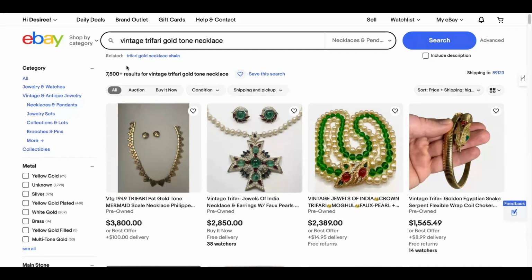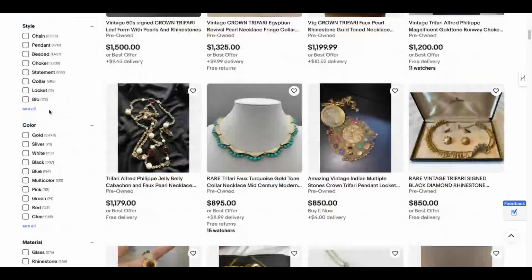Now, what I like to do, and this is just how I do it, of course. If it doesn't work for you, that's totally fine. But what I like to do is apply some filters before I really start searching the individual listings, because 7,500 plus listings is obviously very overwhelming. And I doubt any of us want to comb through that many listings. So, what I'm going to do is come over here to this left side column and scroll down